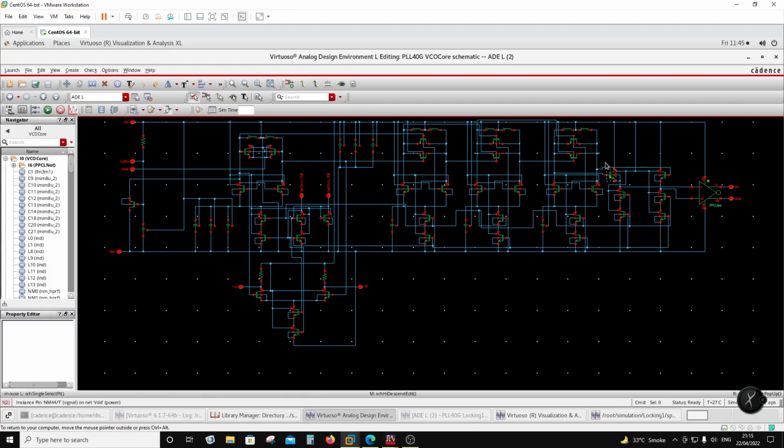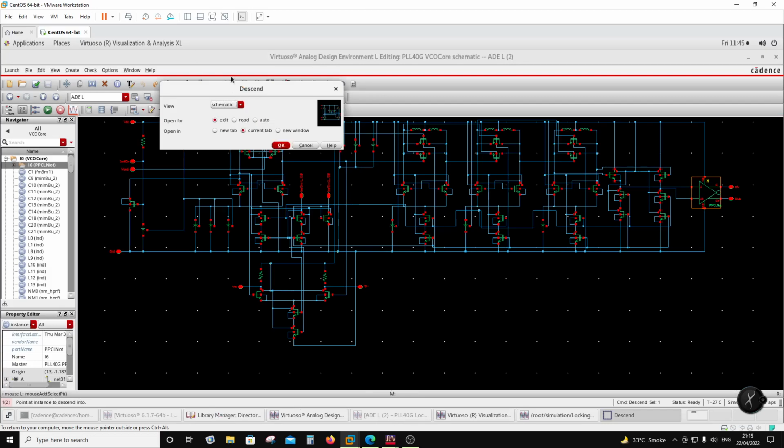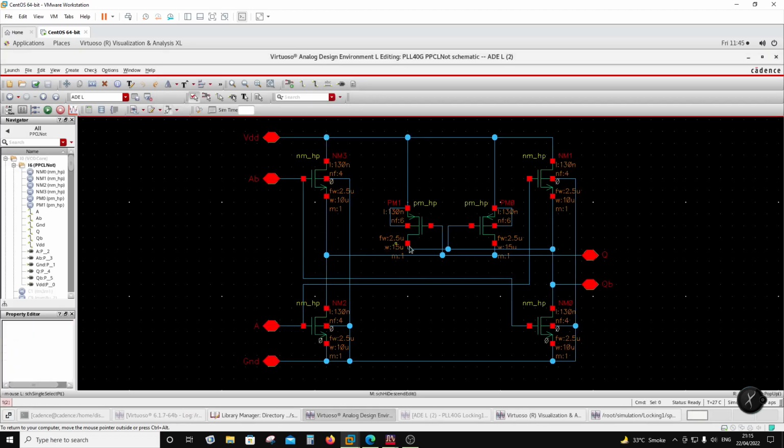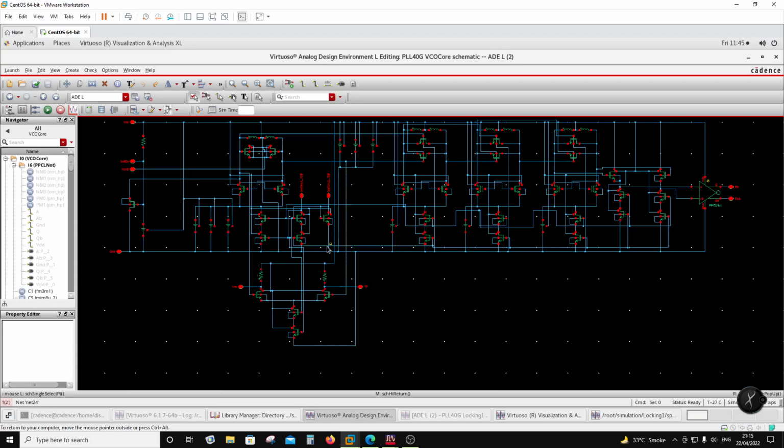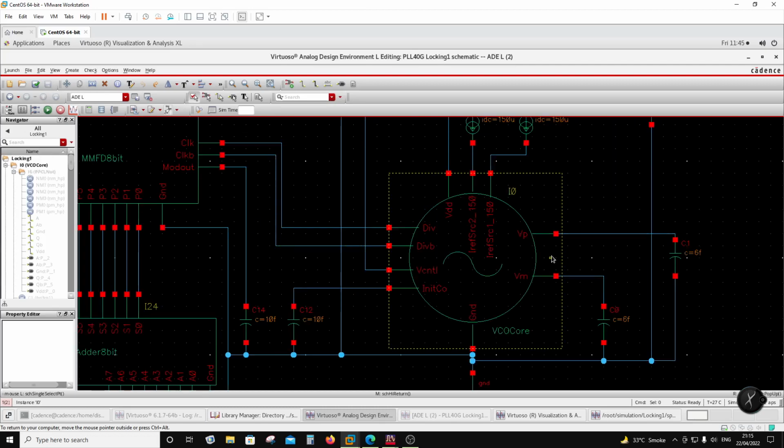In total they divide by 8, and then the output is level shifted and given to a differential NOT gate, or a PPCL NOT gate, which is a very simple NOT gate. Let me just go into this. So this is a PPCL NOT gate. This is the VCO topology here, and the phase noise of this VCO is similar to that of the other VCO which I demonstrated in the previous session. Now coming back here, the output of the VCO is available over here,